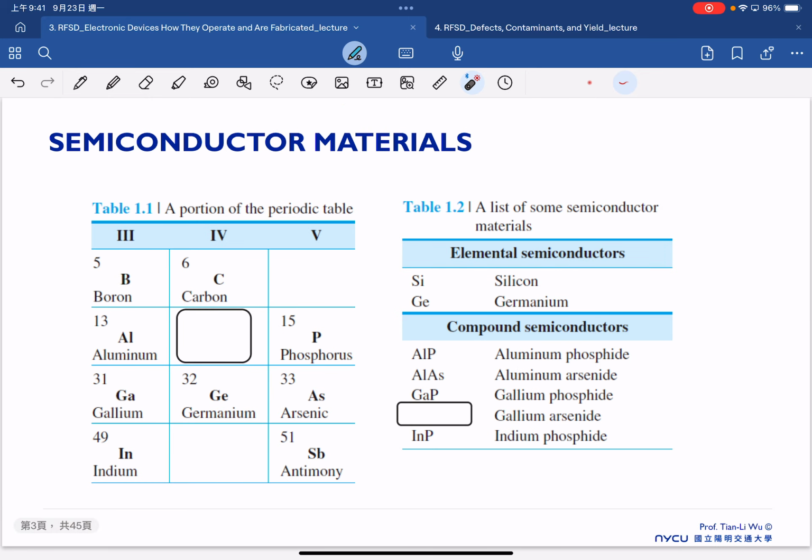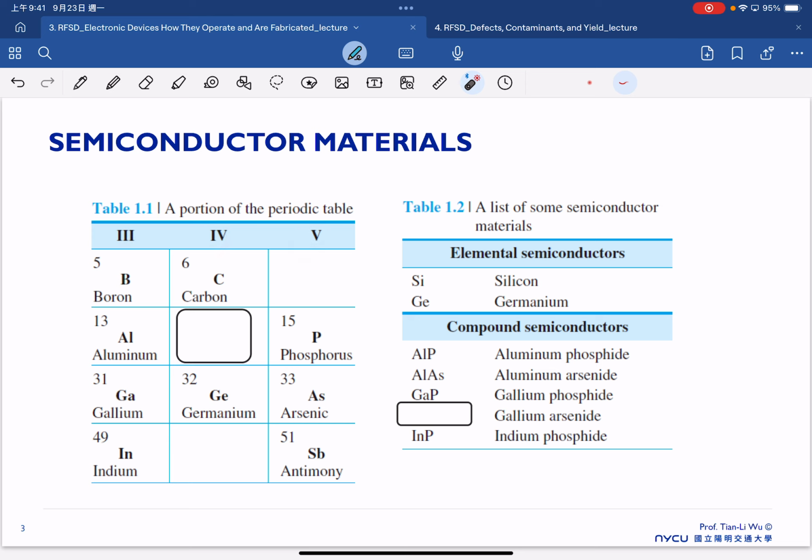And next, we still need a brief overview again of the available semiconductor materials that we can use, for example, for our channel or our substrate. And for sure, we have to look at the periodic table. In the periodic table, we often use semiconductor materials coming from group 3 and group 5. This is group 4, group 3, and group 5. So these are the most important species in the periodic table that we can use for